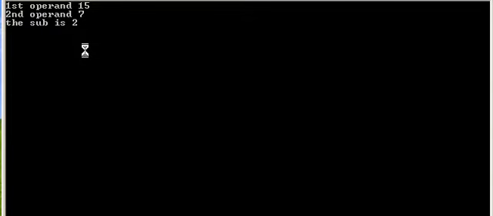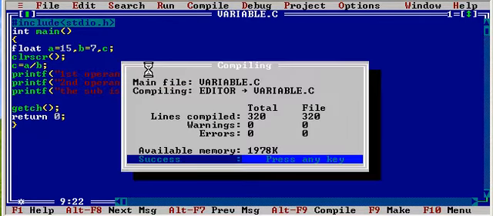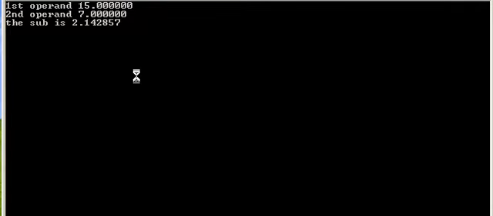So if we want to get that output, we should change the data type, we should make it float, and instead of %d we should write %f here, and %f here also. Now you can see it will give the correct output up to 6 decimal points. This is what floating point is used for.